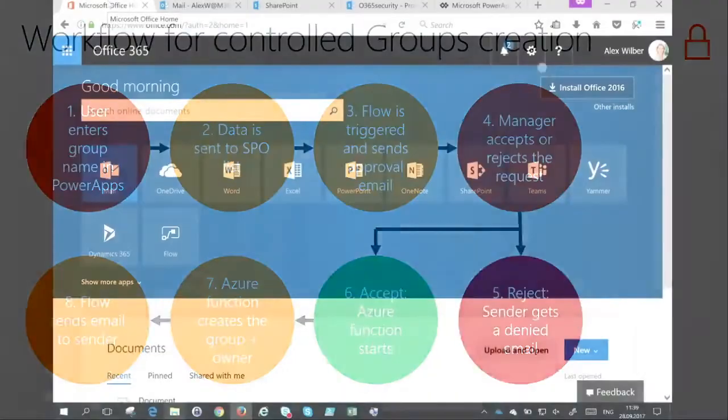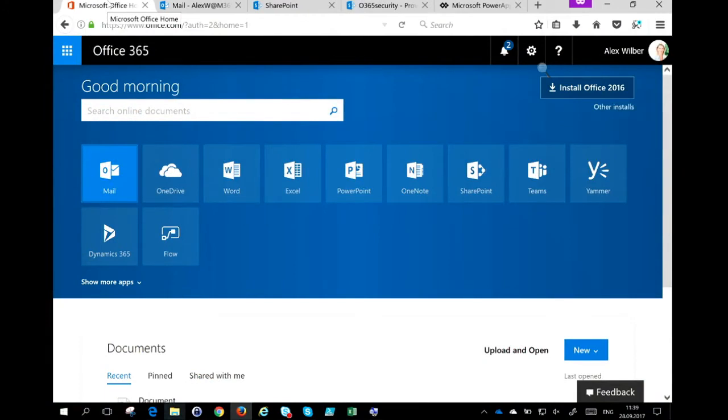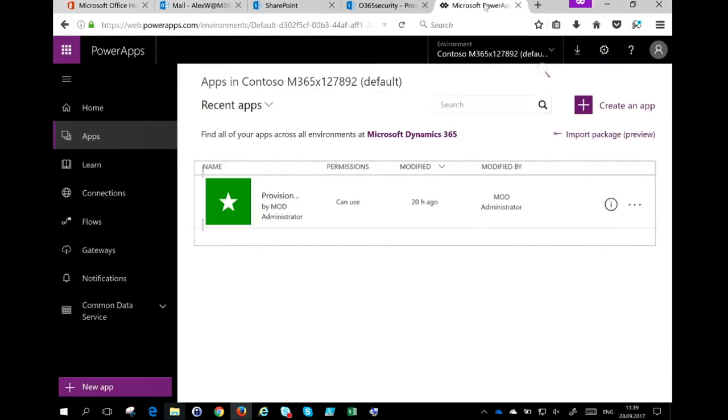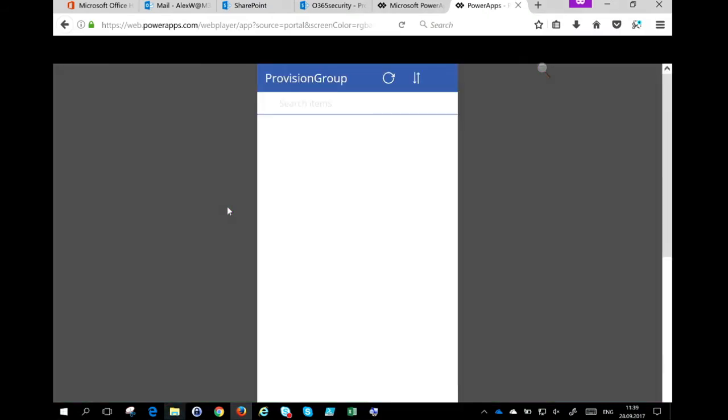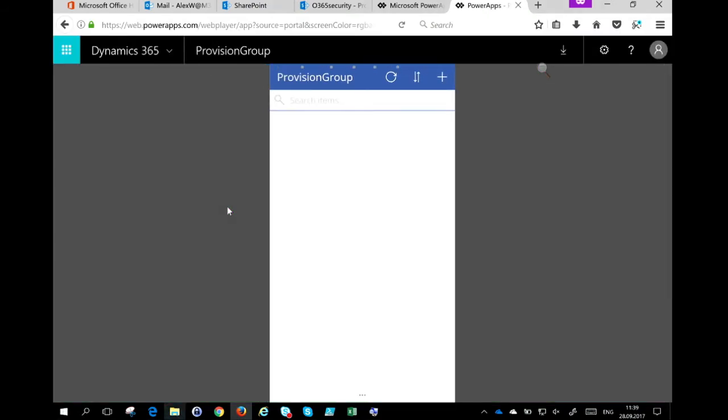So how does that look like in practice? And I need my reading glasses for that. So first of all, we have here our user, it's Alex Wilber, and she wants to create a group. So she can open up a Power App. So consider she is on her mobile device and opens up the Power App. And in the Power App, she is able to create a group and provision the new group system. So on her mobile device,